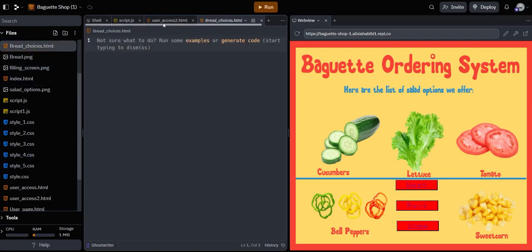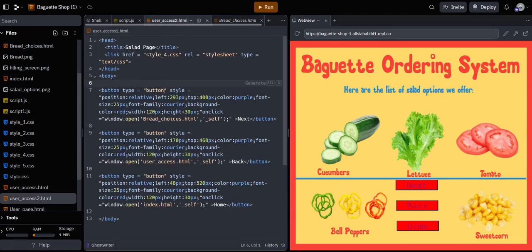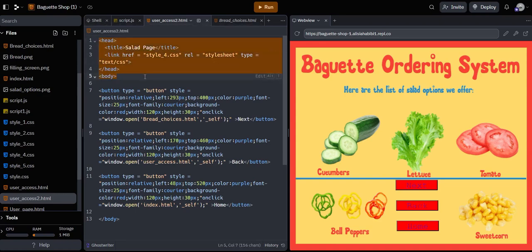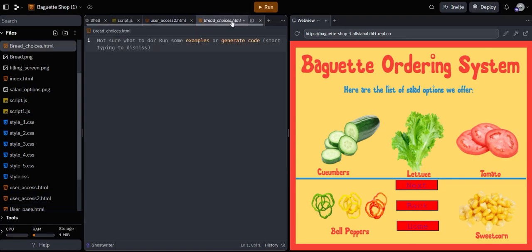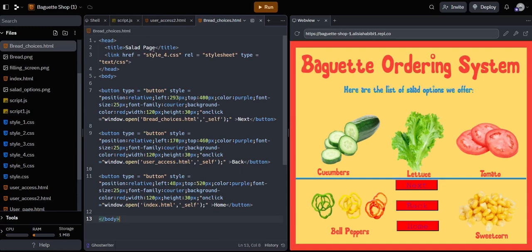And so if you go back to the user access to.html page, you basically have the link right here, which is where you're connecting it to the style 4. This is for the salads, of course. So you need the same thing for the bread choices. So I'm just going to copy. It's easier if you copy everything from your salad page. Copy the whole code. That means from your user access to.html page, or if you've called it something else, where it's the salad page, and just paste it into your bread choices. And then, of course, this is going to be the bread choices page. So you just change the title and change the name of your